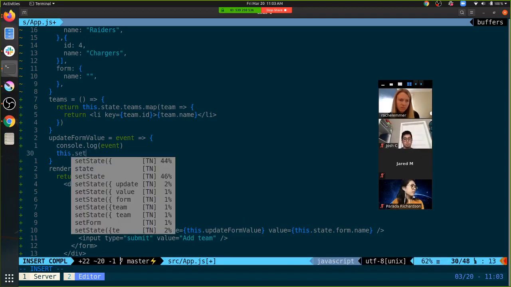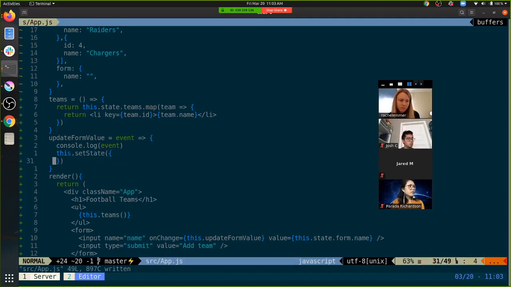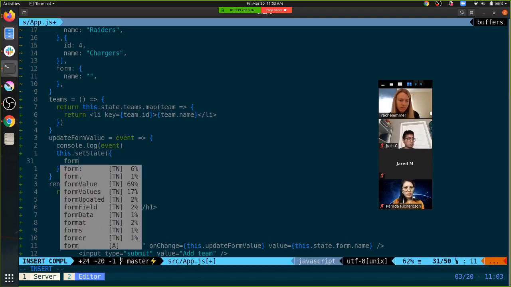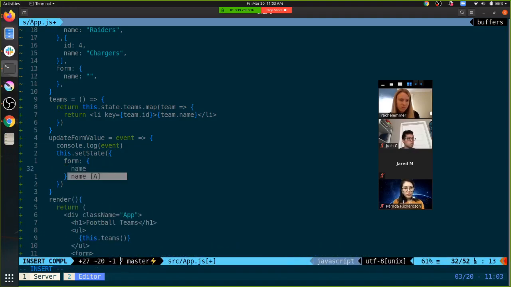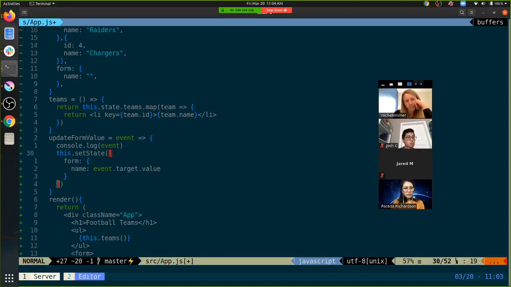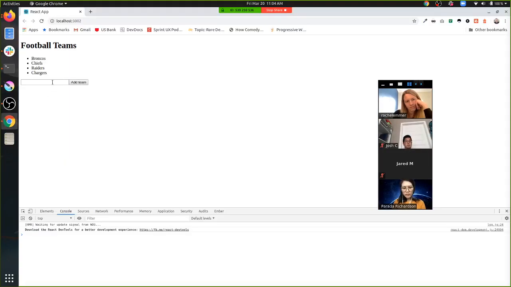It's called this.setState. And we want to set form name equal to probably something like event.target.value. So this completes the circle of life, and it rules us all.